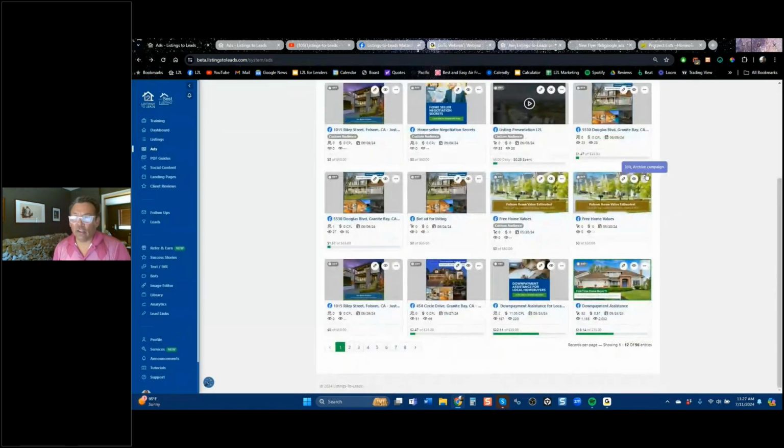When you run an ad, you will see your cost per lead here. You'll see how many leads you have here. And this is our test account, so it's not really showing real numbers. The cost per click. Now this is traffic, and I want to be really clear. Somehow we ran a traffic ad. I'm not quite sure. But here we ran a down payment assistance ad for local home buyers. We got 2 leads. They each cost $11.06, right? Notice that 220 people saw the ad. Actually, 187 slowed down to look at it, but we got 2 leads and they cost $11 each. And that's for a PDF guide ad, right?